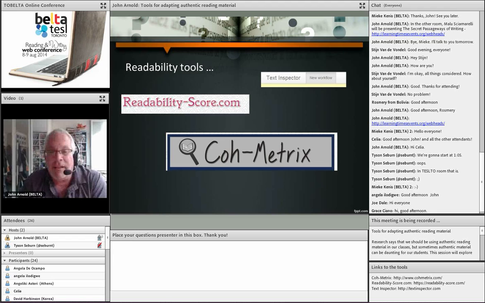So the next thing I did was I introduced them to 3 tools. Because readability, I remember when I was at university, we had to do readability studies, and we had to sit there and count all the words and then count out all the syllables, and it was a real laborious activity, which I did not want my students to have to repeat. So there's a couple of really nice tools. 2 of them, the text inspector and the Coh-Metrix, we're going to look at shortly. And then there's another one, the readabilityscore.com. And these links are in the lower right-hand corner of your screen if you want to check any of these tools out.